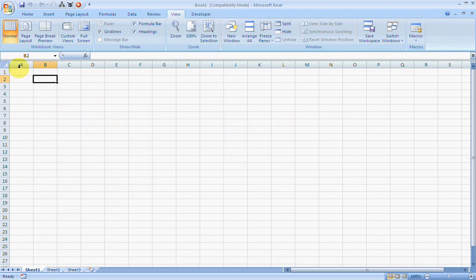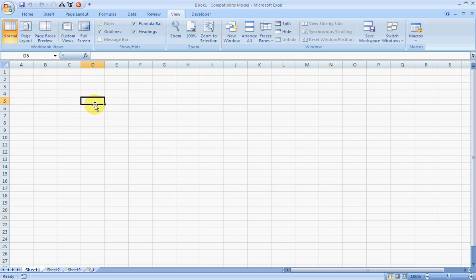All the columns are in alphabetical names and all the rows in numeric names, and any cell that crosses a row and a column gets their name. Like the cell that I have selected right now is D5 because it belongs to column D and row 5,